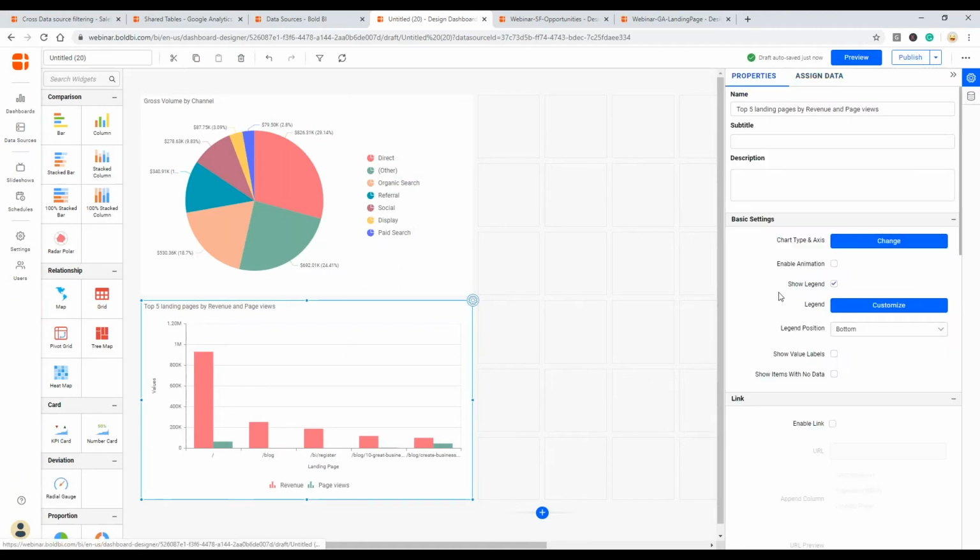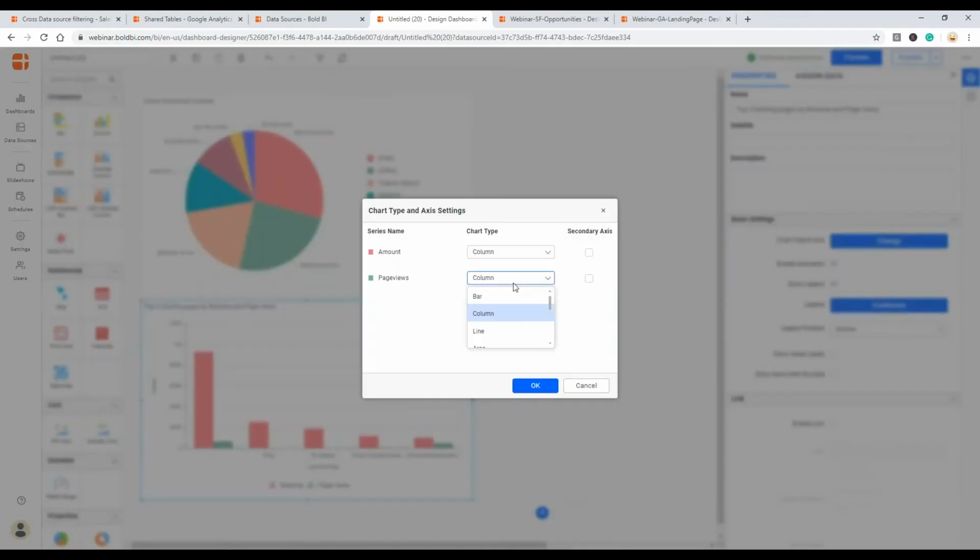Upon clicking this chart type and axis, I'm going to change the page views to a line chart and set it as the secondary axis.